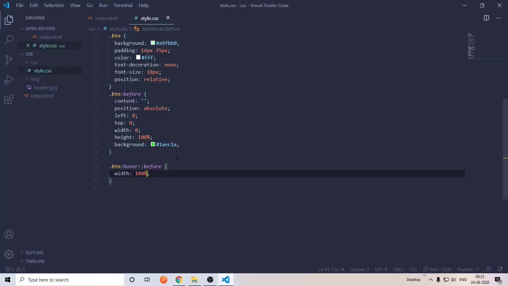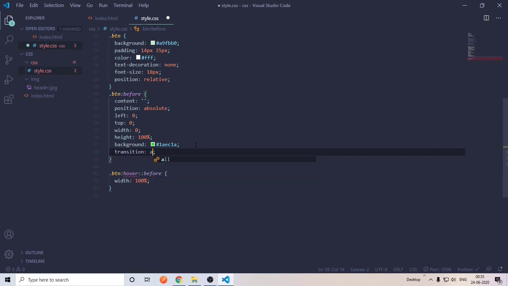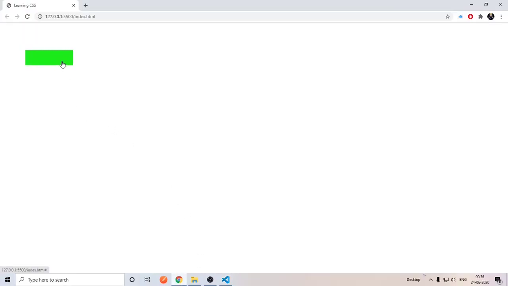So let's add transition. In this case, this is our hover, this is our before class which is doing the job. So we will add transition here. Transition all 0.4 second. Now look at the magic. As you can see, it is looking very good. So this is the effect. This text might disappear, but we will cover this later